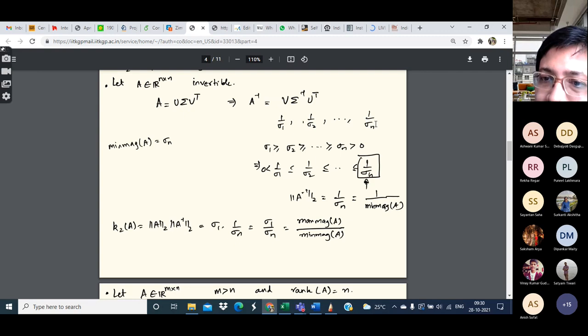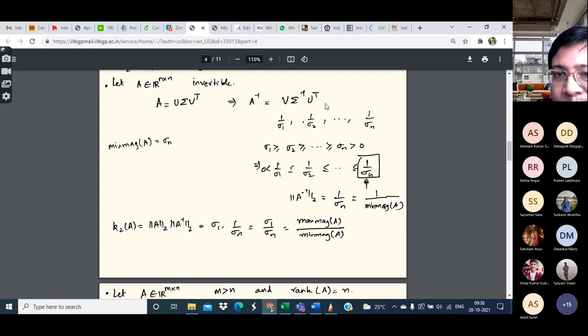So 1 by sigma n is now the largest, or the first, singular value of A inverse, because sigma n was the smallest singular value of A. So 1 by sigma n is now the largest singular value of A inverse. So accordingly, the corresponding singular vectors are going to be un